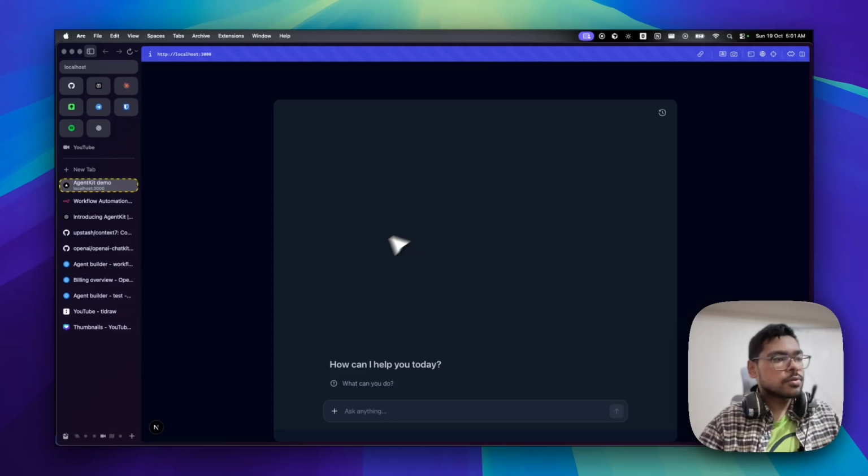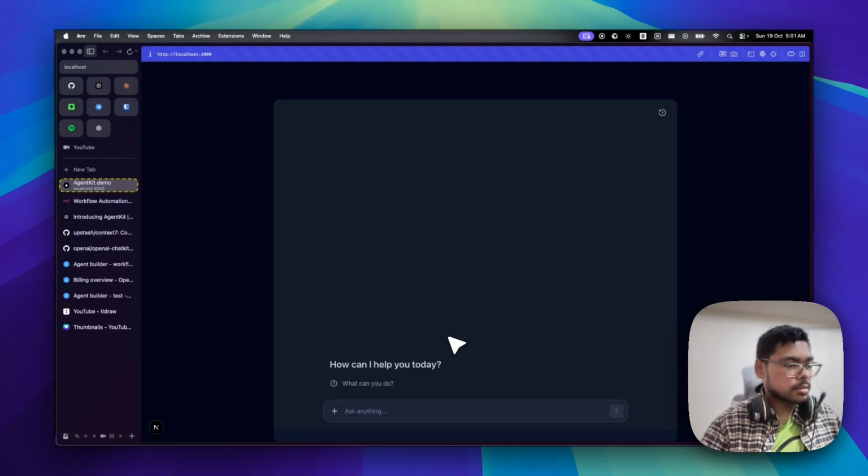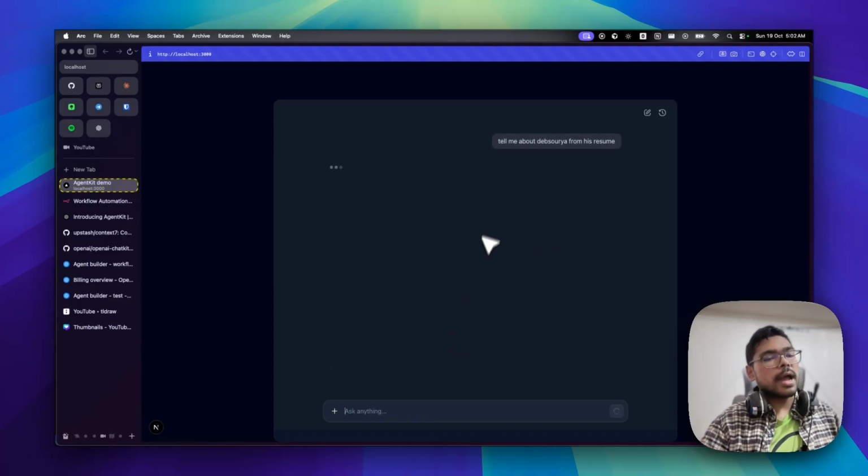So there you go. You get this whole thing with the OpenAI ChatKit. You don't need to manually write the code for all this. You can just use their ChatKit library and connect the workflow ID that you have built inside the workflow builder, and that's all. So what I'll do is I'll paste a similar kind of thing to what I asked in the preview section that I've shown you. So let's ask, tell me about